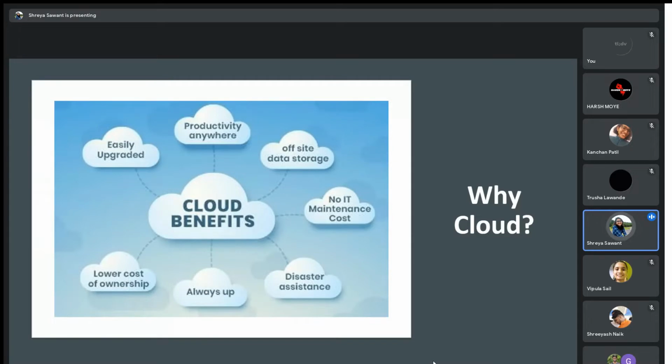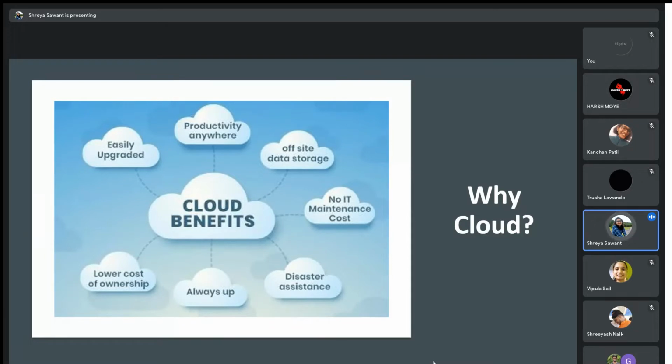So, what are the benefits of cloud? There are n number of benefits. First of all, it is easily upgradable. It's all productivity anywhere. Like, you can access your data from any point of the world.